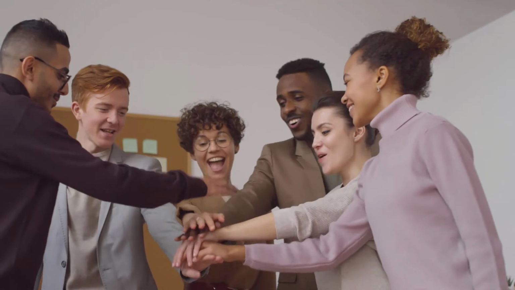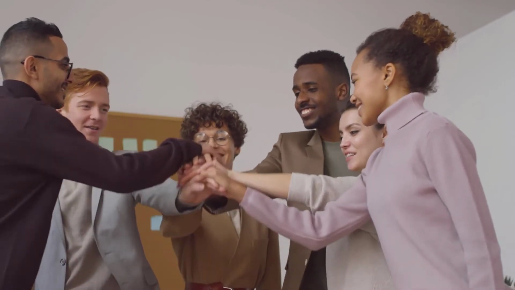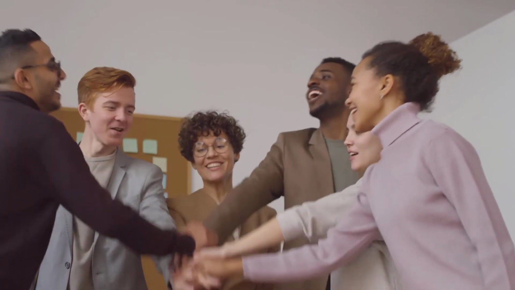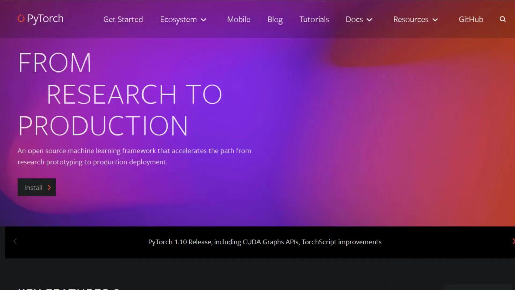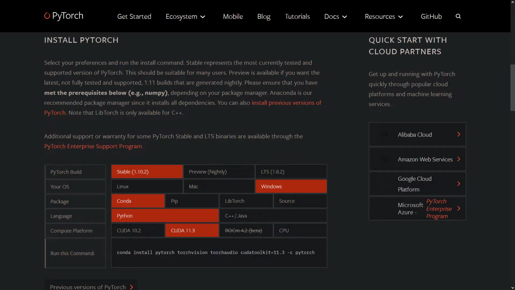If you have a powerful computer, you can install PyTorch on your computer. PyTorch's official website has made installation easy by preparing an easy interface. To install PyTorch, go to the official website of PyTorch, choose the suitable options, and then get this command. After that, run this command in the terminal or the virtual environment you create in Anaconda.